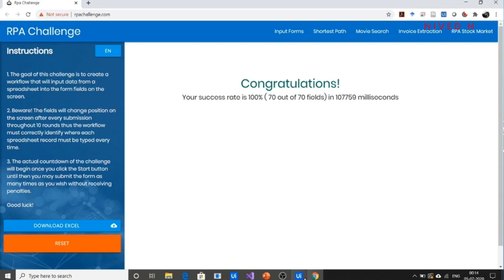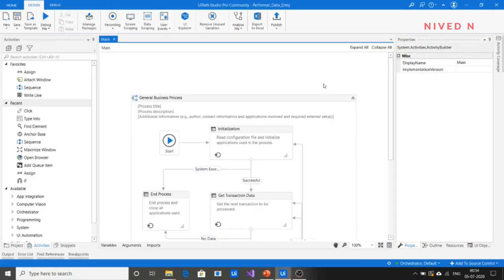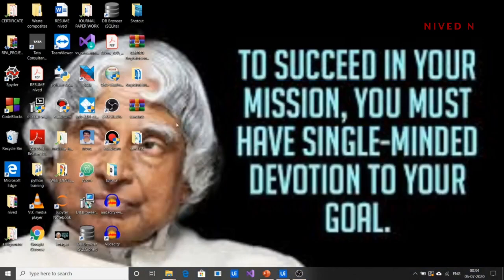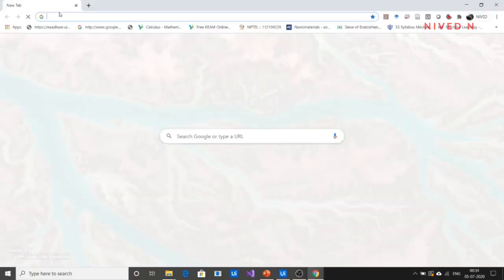Okay, so we have completed the workflow successfully. We have completed both the dispatcher and the performer. Since we have processed the data in the queue, the items become transactions, so we can view the state of the transaction, etc. So just go to the website